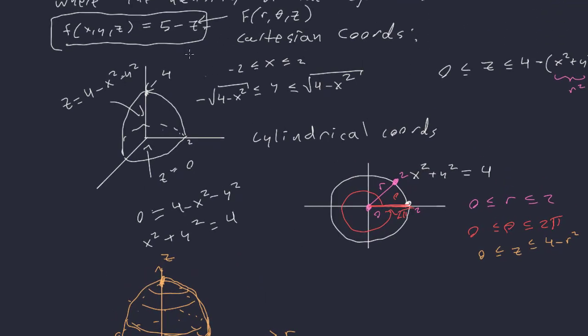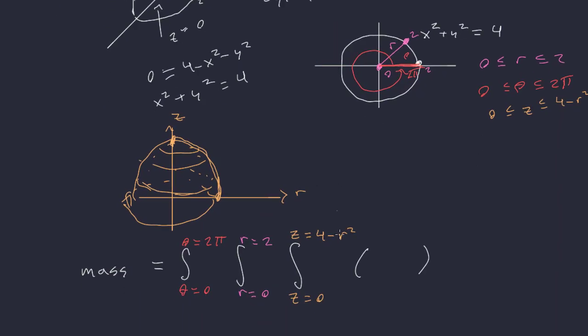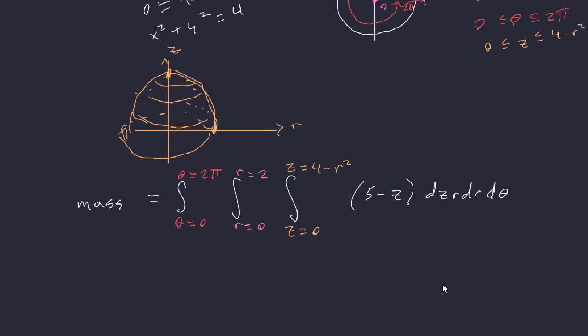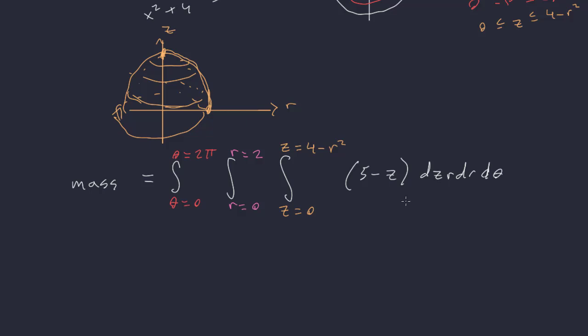Our function was 5 minus z, so that just stays as 5 minus z. Sorry about that. Then we'll have dz, r dr d theta, and there we go. This is our integral now, and it's not the friendliest integral in the world,